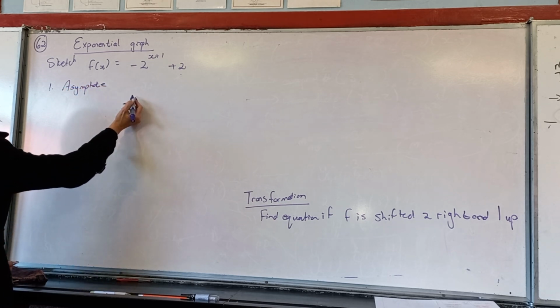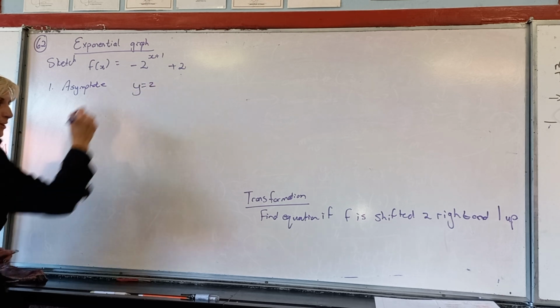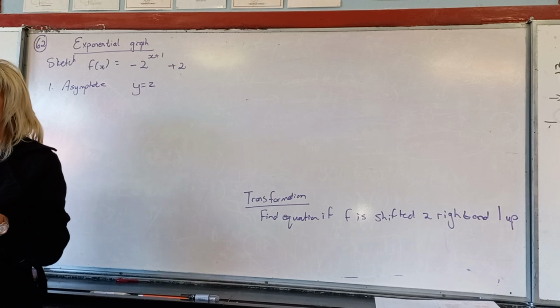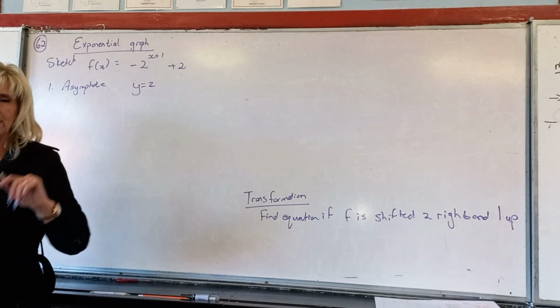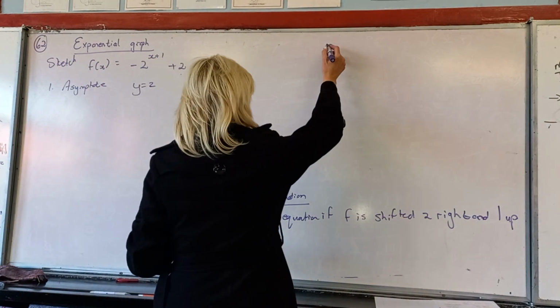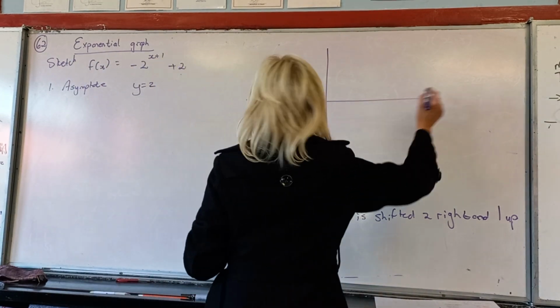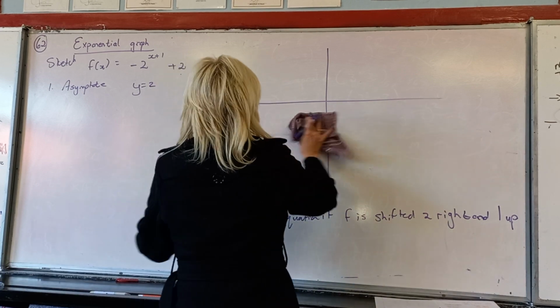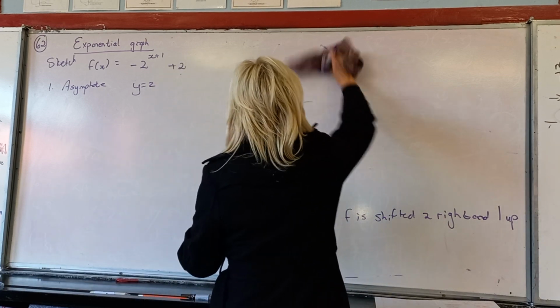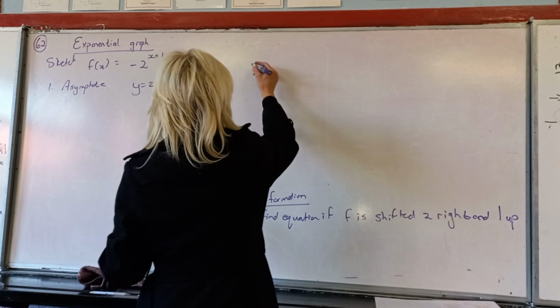Nope. Nope. Y equals 2. There, you got it. 2 is a number. Y equals 2 is a straight line, a horizontal straight line. So can I start my sketch already? Yes. If my sketch has an asymptote,